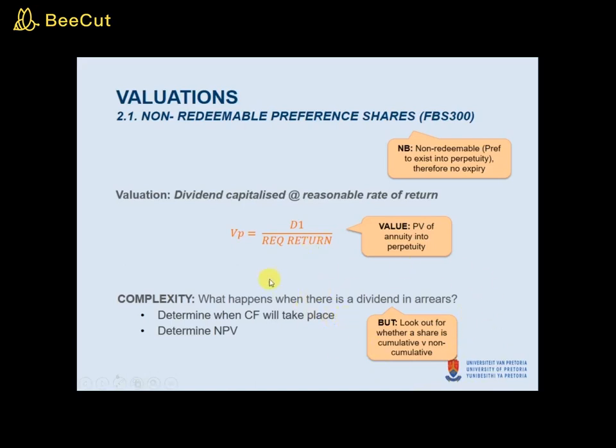And the valuation, how we go about that, will all depend on whether it's cumulative or non-cumulative. Because if it's non-cumulative, then we simply defer our valuation up until such point in time as dividends are resumed. If it is cumulative, all those dividends that were missed have to be paid some point in the future. So for instance, if dividends are not paid in the next 3 years and it's going to resume in year 4, if it is cumulative, in year 4, you pay 4 years worth of dividends as one lump sum payment. If it is non-cumulative, sorry, then you would only pay that particular dividend that arises in year 4. So that impacts on that particular value.